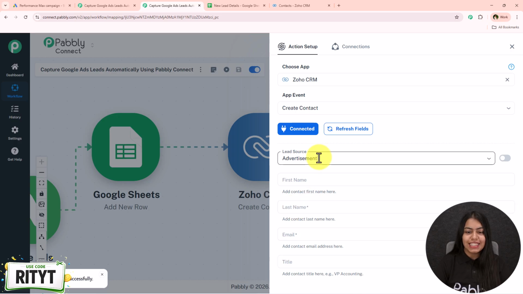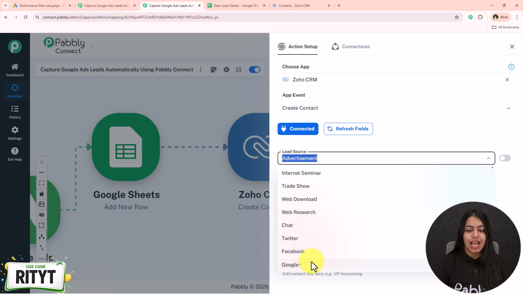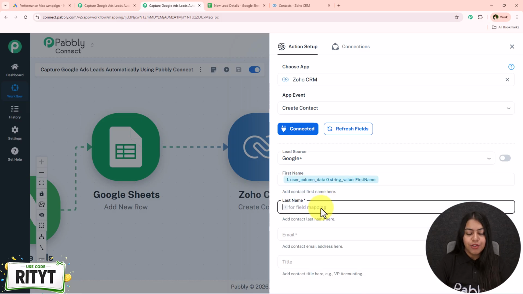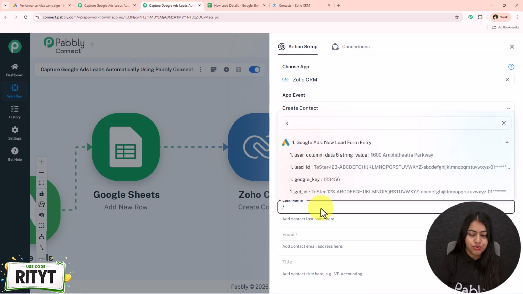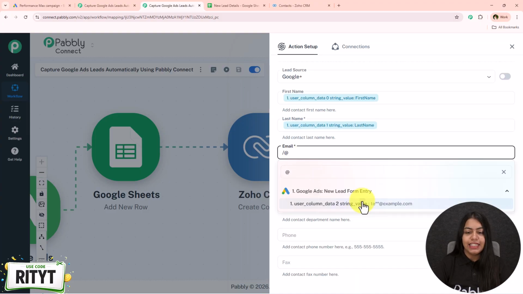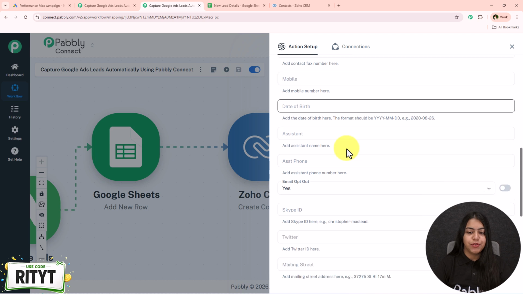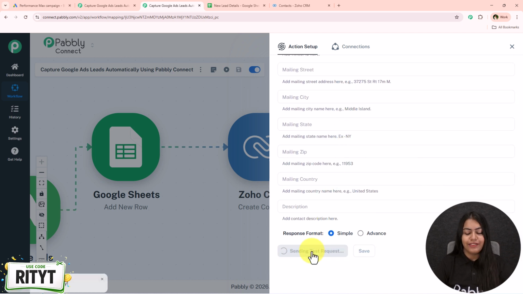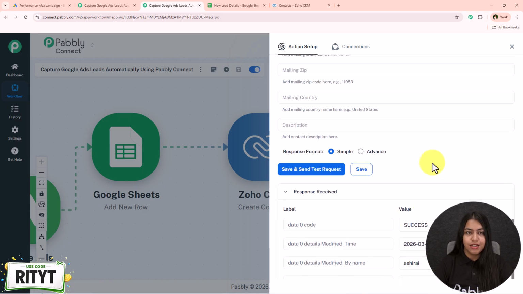Now after creating this connection, we have to select the lead source as Google. For the first name, put a slash, search for the first name, map it. You have to make sure that you only map the string value. Okay, now for the email, let's map the email, and it is going to ask us for many more details, but all of these details are not required, so let's just leave them blank and click on this save and send test request. Now we have received the positive response that we have created a new contact,